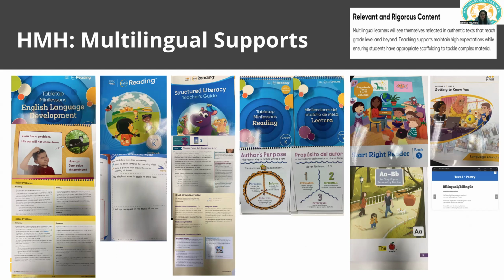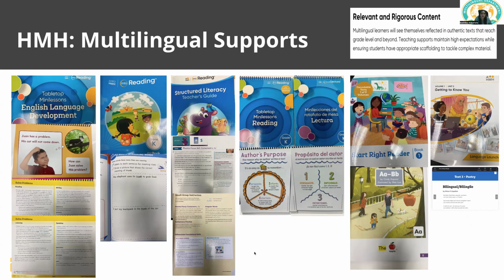In this lesson, you also have small group instruction, which has differentiation of foundational skills for multilingual learners already embedded in there. If the whole class is doing structured literacy, for newcomers we could pull them aside and say, okay, let's practice a little bit more on these foundational skills. You can do small group instruction, or it could be co-taught as well.